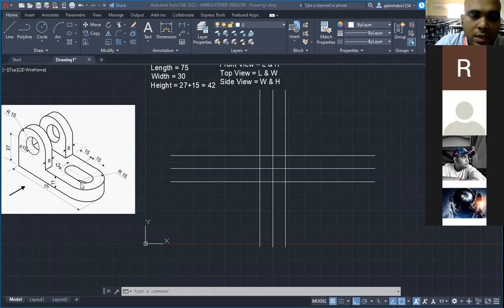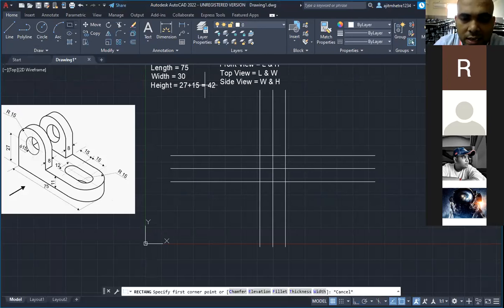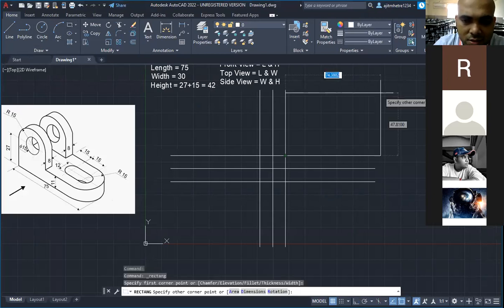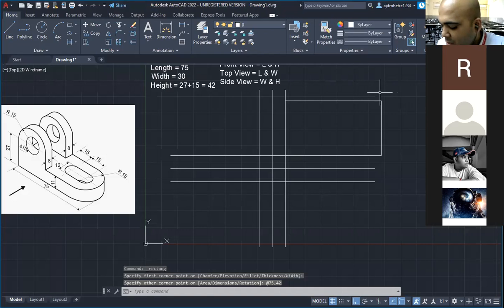So now, in this case, we are able to see a right hand side view. So that will be made here. Okay, now we'll make a front view. What is the length and height? So we'll take a rectangle, and clicking here, left click, will give the size of the rectangle. Length is 75, comma, what is the height? 42. Enter. We got this